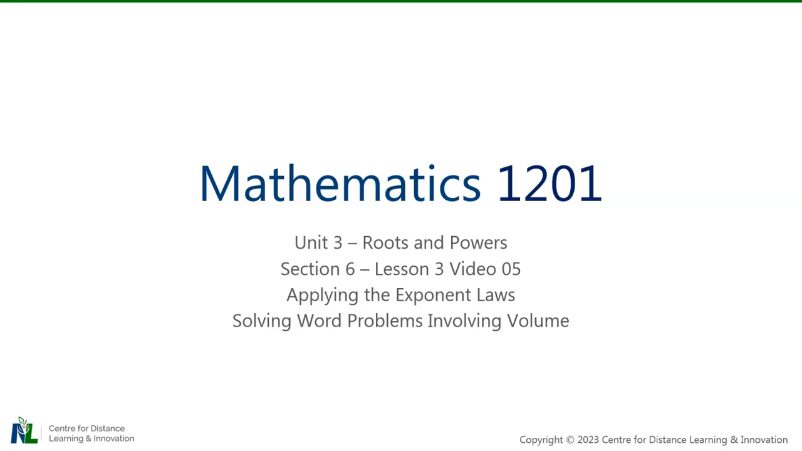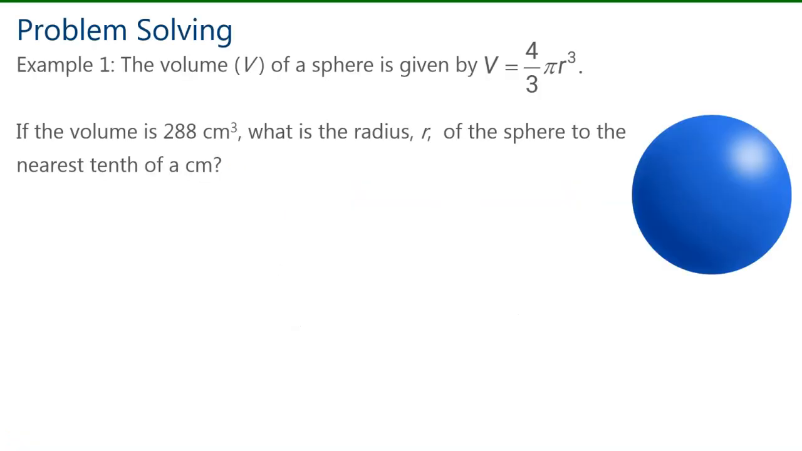In this video, we will apply the exponent laws and solve word problems involving volume. Here's example 1. The volume V of a sphere is given by V equals 4 over 3 pi r cubed. If the volume is 288 cubic centimeters, what is the radius r of the sphere to the nearest tenth of